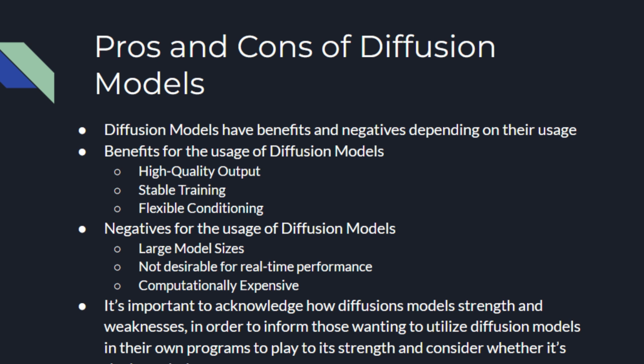Flexible conditioning, meaning that you could transform a low quality image into a quality image, depending on the usages. The negatives for the uses of the diffusion model is the large model size, meaning it